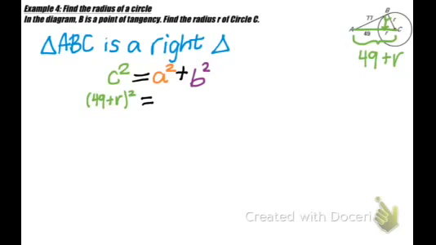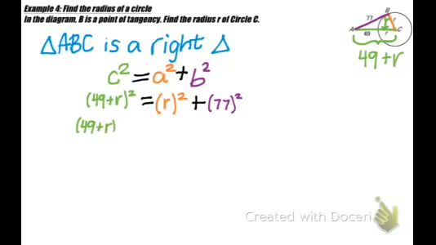Now for A and B, I can choose either of my two remaining legs. I'm going to choose r for A squared and 77 for B squared. Now let's do some multiplying. So 49 plus r is